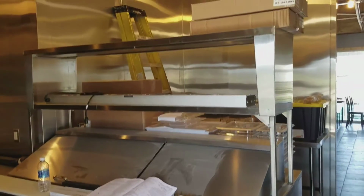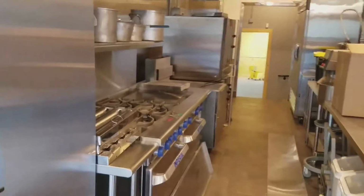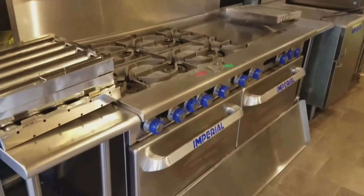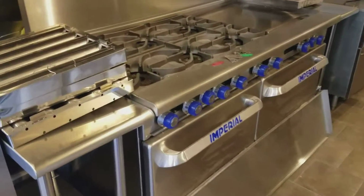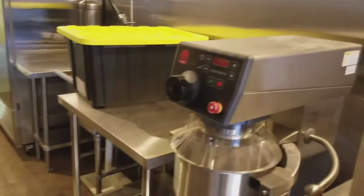Our sandwich prep and pass through and all the other things. And of course we've got our stove here with cooktop, flat top, all that. And of course we've got that big thing up there, man. And our